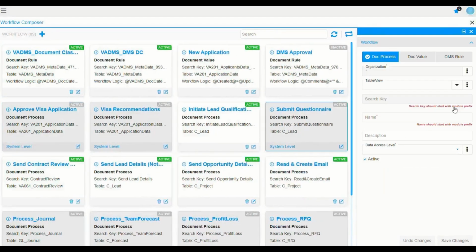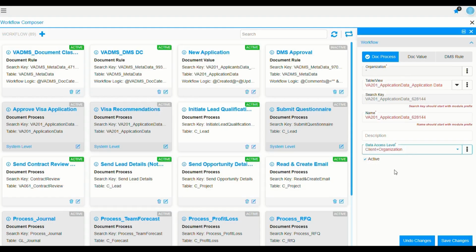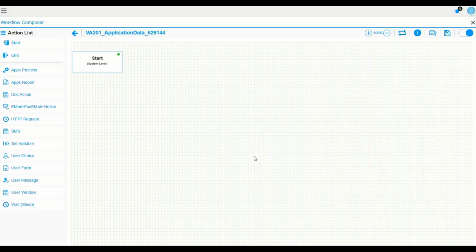Now, let us move on to building the workflow in the Workflow Composer. Our goal is to set up a 3-level approval process for the visa application. First, choose Document Process as the workflow type, and set the table to VA201 application data. The system will automatically generate a search key and a name, which you can modify if desired. Set the data access level to Client or Organization, and then save the record. Once saved, you will be directed to the Action page, where we will build the logic and actions for the